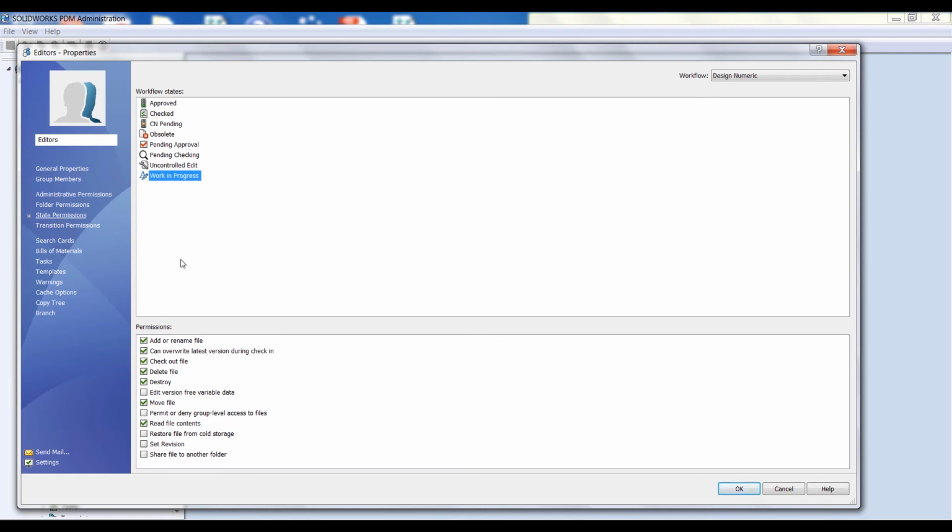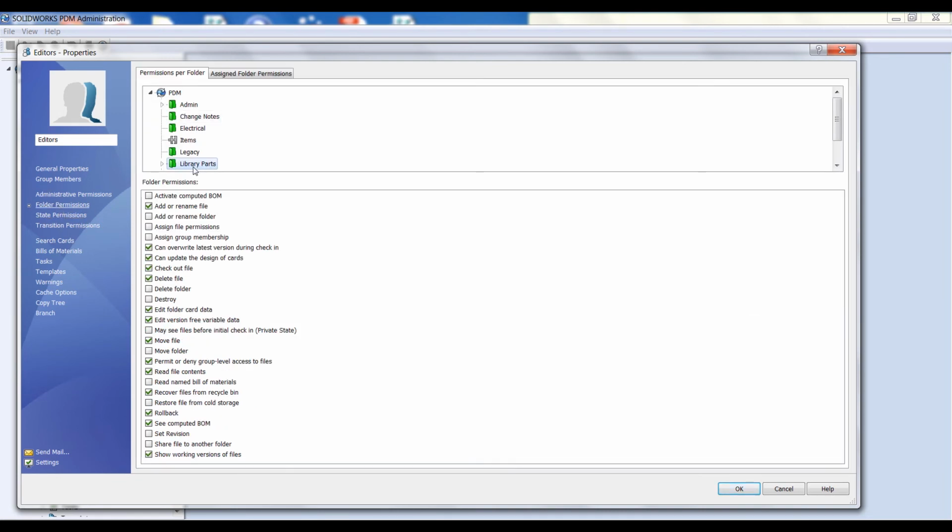The key with folder and state permissions is that for users to work effectively, you've got to have the correct combination between state and folder permission. If work in progress, for example, is your initial state where you first add new files and check them in, and you've got the add permission in the state ticked, but you don't have it in the folder that you're trying to check into, then you won't be able to add the file to the vault.